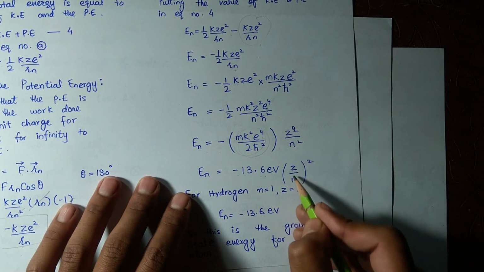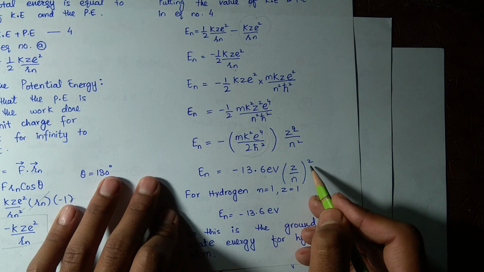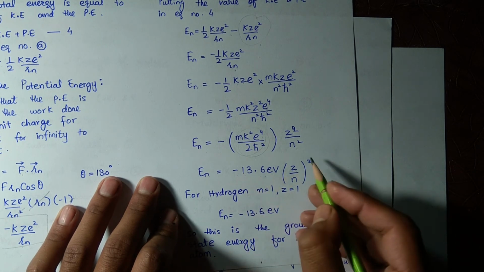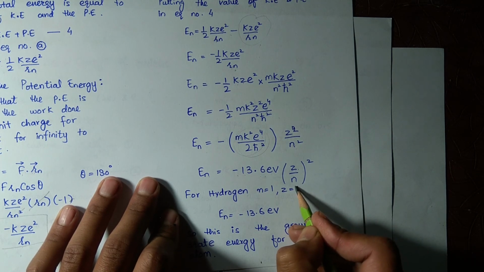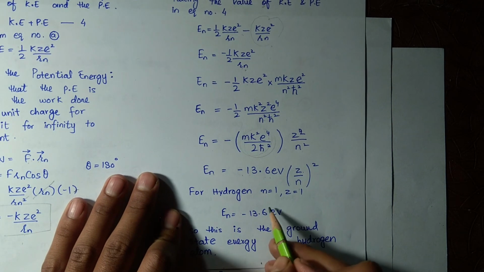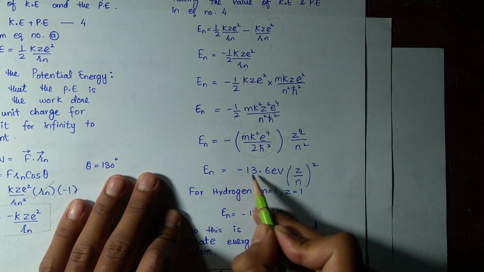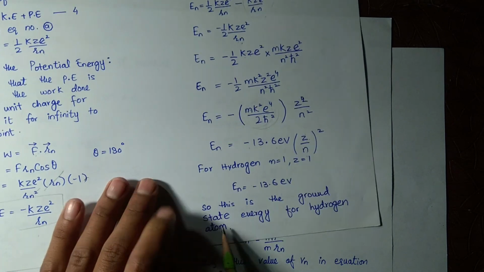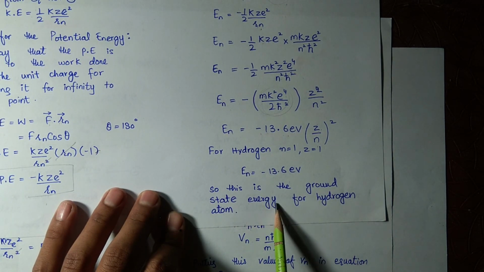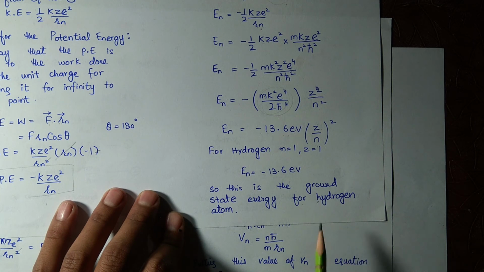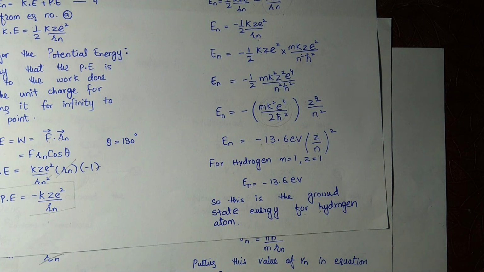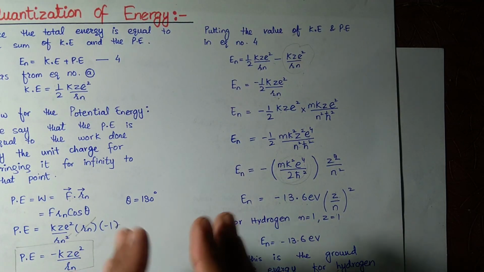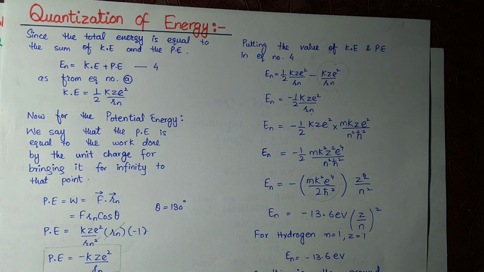So this is the whole square, and for hydrogen, Z is equal to 1 and n is also equal to 1. So the energy for hydrogen is given by putting in 1 and 1, and it will be minus 13.6 electron volt. So this is the ground state energy for hydrogen, and we have found out the ground state energy for hydrogen. So Bohr successfully told us about the quantization of the radius and the quantization of energy, but the Bohr